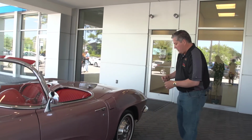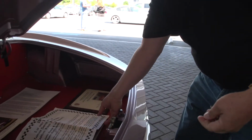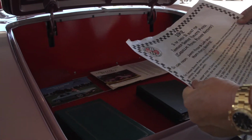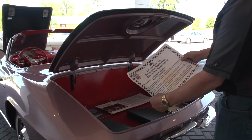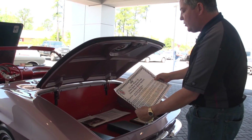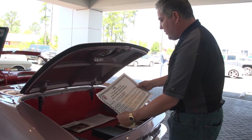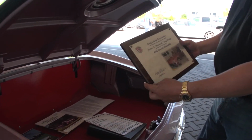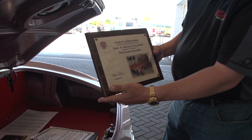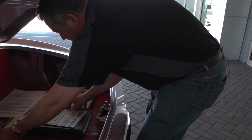Come on around to the trunk. The documentation that we have on the car is substantial. Again, here's the letter, or the plaque, if you will, that was put on the car in the museum, 1 of 13 built for the Tangier Shrine Corvette Patrol. Again, in the Cadillac Royal Heather Mist or Heather Amethyst Purple. We have the plaque that was offered to the owner of the car in appreciation for letting the museum have the vehicle. Back in 1983,